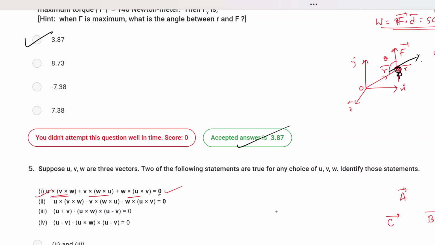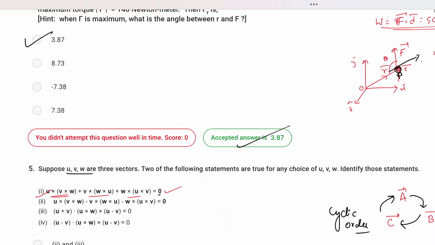So in our case, this a, b, c are basically u, v and w, any arbitrary vectors. The cyclic order means going in a particular rotational direction, like from a to b, b to c and c to a. So we are going in a clockwise manner. Following this cyclic order, if a sum of triple products is given, you can definitely know that the right hand side will be 0.